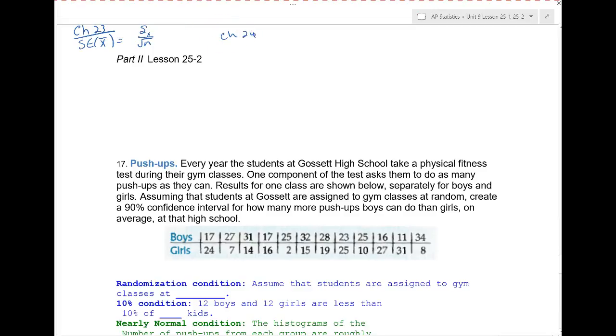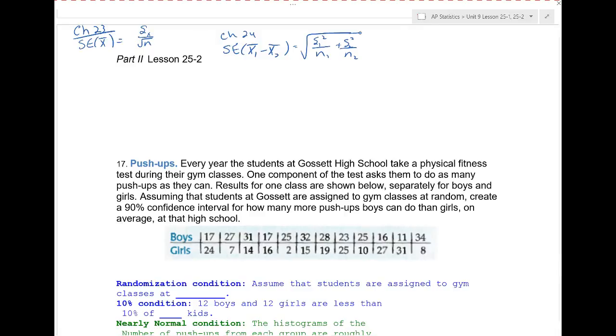So we do the standard error, and this is when we do the difference of the means instead of the mean of the differences. So we have x bar 1 minus x bar 2, and remember we add the variances. So it's the standard deviation squared plus standard deviation squared, and then we take the square root of that. So it's sample 1 standard deviation squared over n1 plus standard deviation of 2 squared over n2, and we use that to find our